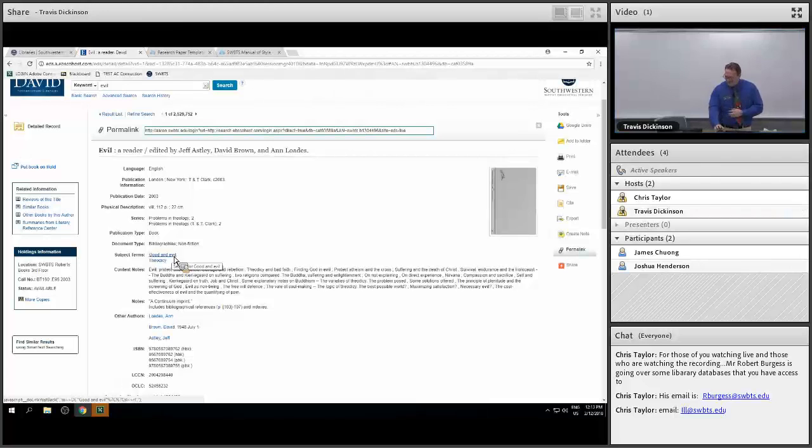So there you go. So what we want to do, if we want to find books about evil, make sure we want to click on this hyperlink, good and evil. And a lot of times the Library of Congress, they gather these different terms together and they put them into one. So like there is no Library of Congress term for pastor. They use clergy, which would include pastor, preacher, priest, bishop, shepherd, elder, Jedi, wizard. All these things that we would consider to be clergy would all be under clergy. So if you click on good and evil here,